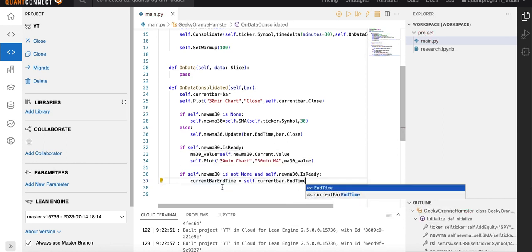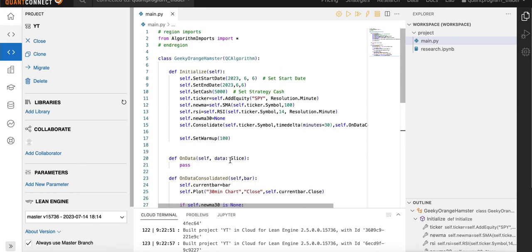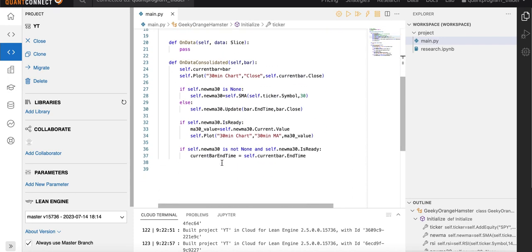And the thing is that we're creating a bar every 30 minutes, and we are actually making a trade at the opening of every single 30-minute bar. So we don't want to make a trade on like the 32nd minute or the 38th minute because the bar is being created every 30 minutes. So what happens in the on data is that on data gets executed every single time there is a minute, because we've actually declared a minute based data. So every single time a minute data is created, the on data function gets called. So we don't want to pass an order every single minute. We want to actually pass an order every single 30 minutes, and that's why we are trying to create this